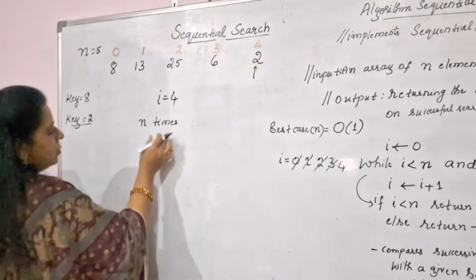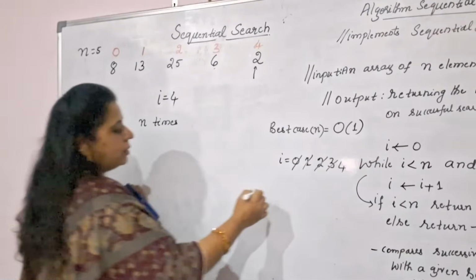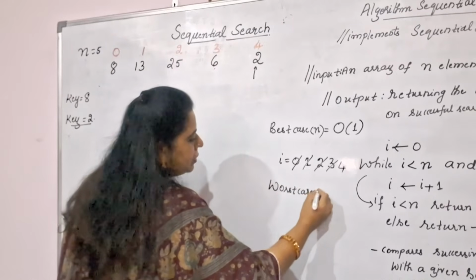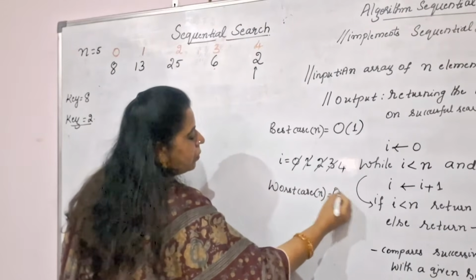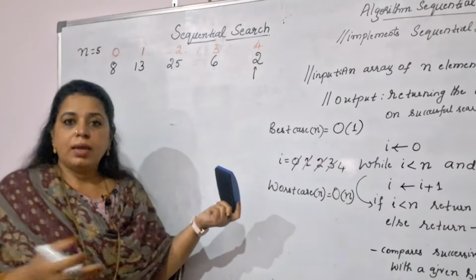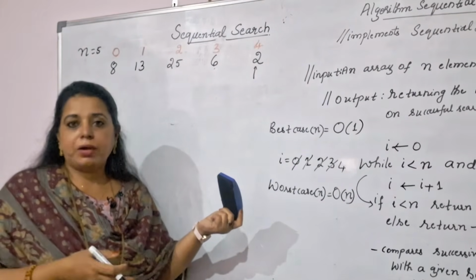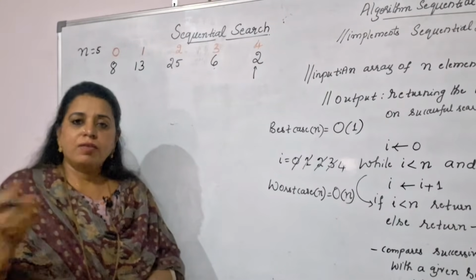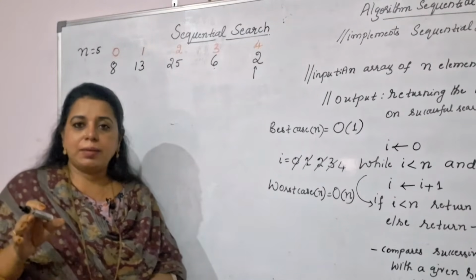So we can write this down as the worst case because it has taken the maximum time, and you can write the worst case of this sequential search as big O of n. Suppose you are looking for an element which is in the middle of the array, in the starting part of the array, or at the ending part of the array, or it can be the first element in the array. The first element in the array, we are treating as the best case.